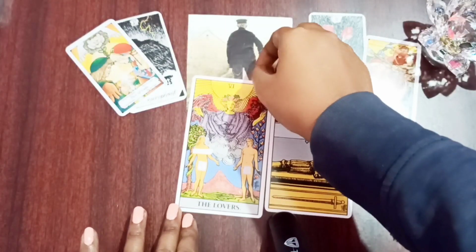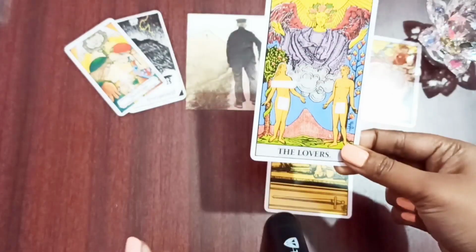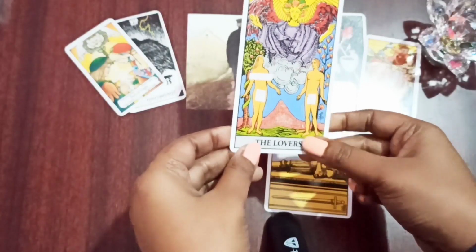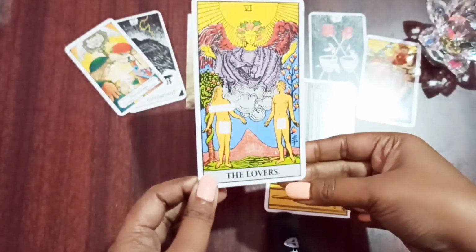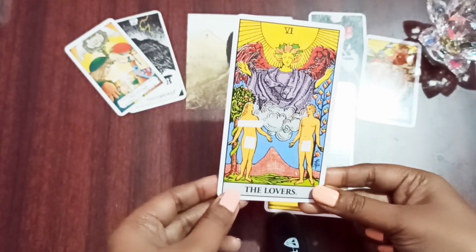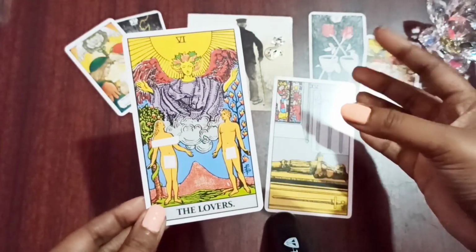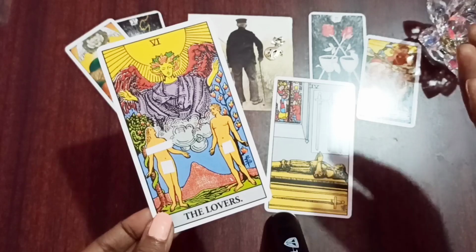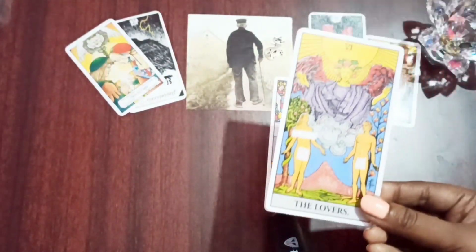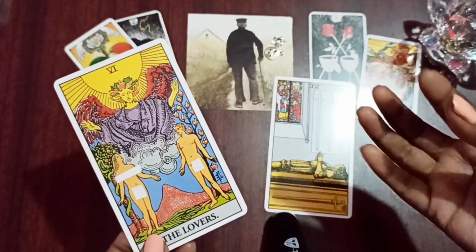The first card we got is the card of the Lovers. So here you need to have this kind of loving relationship. This Lovers card signifies a relationship which is very, very loving and caring. So you need to form that relationship in order to become victorious. You need to come into this energy where you are having this lovely relationship, and you need to